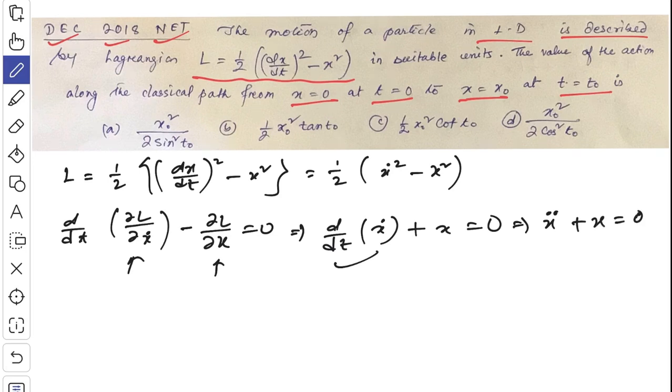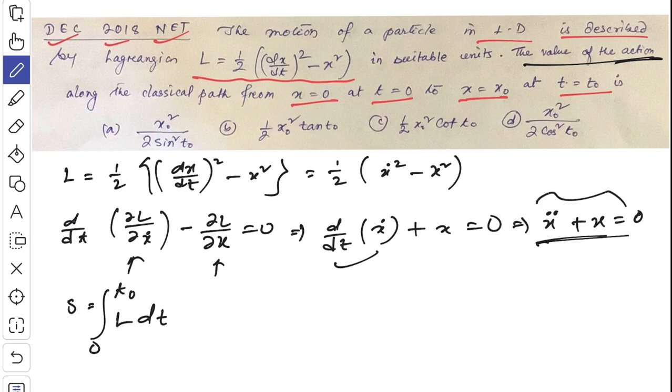That's what we have got. Now here you see, we need to find a value of action. So action is given by the integral from t1 to t2. Here t1, the initial time, is 0, then we have t naught. We have to integrate this L with respect to t, but here we have only x and x double dot, not t. Okay, so in that case what we can do, so here you see,